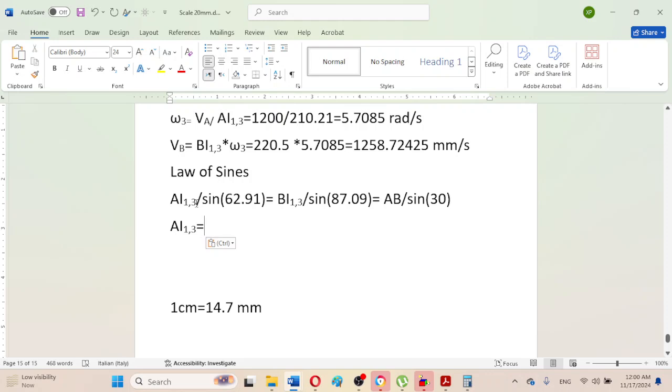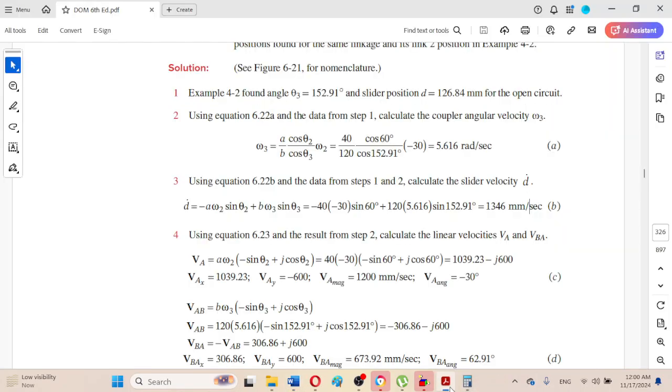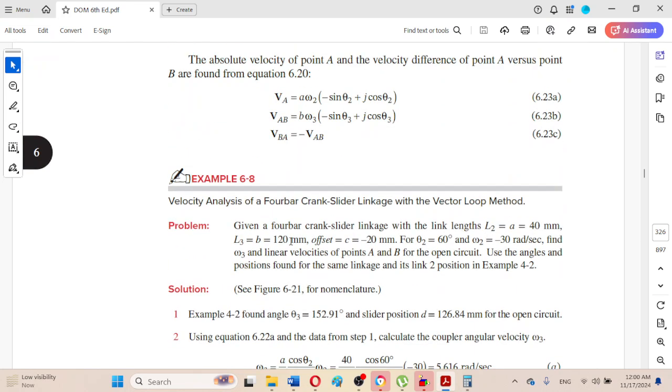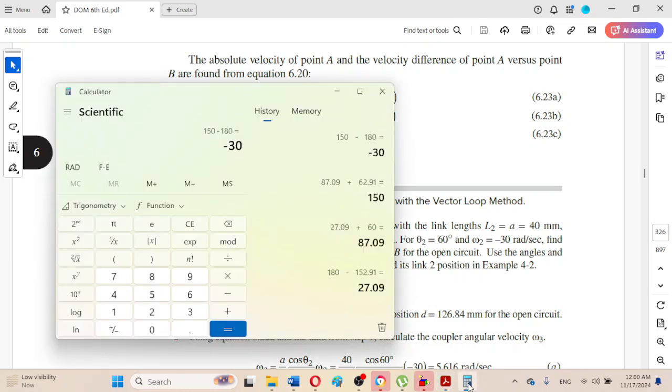As we can observe, ai1,3 will be equal to AB multiplied by sine of 62.91 divided by sine 30. So just calculate it here. AB, which is actually the connecting rod length, is 120 millimeter. So just clear the history. As we can observe here that AB is 120 millimeter, and just multiply it by